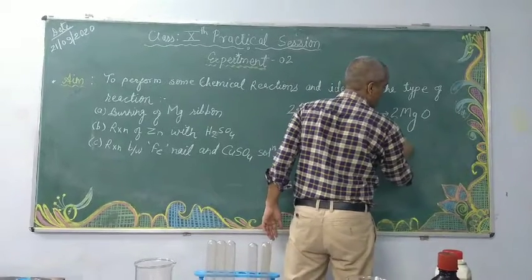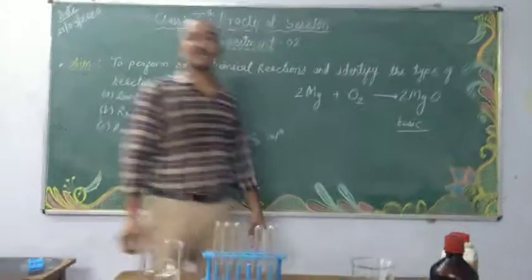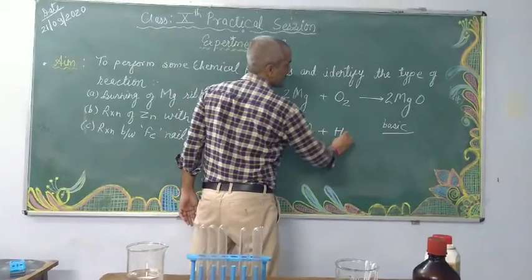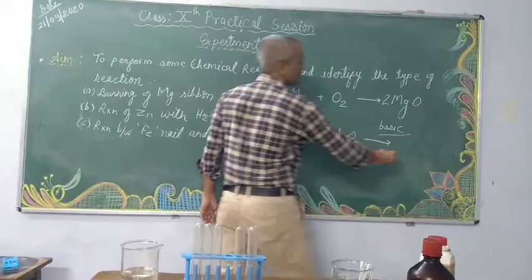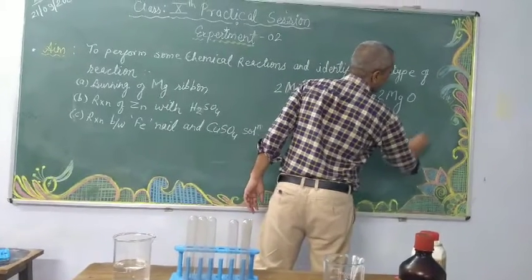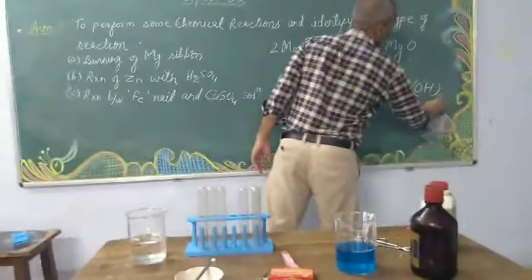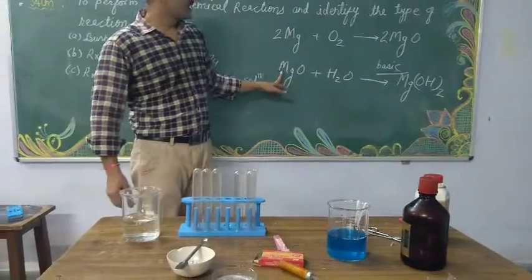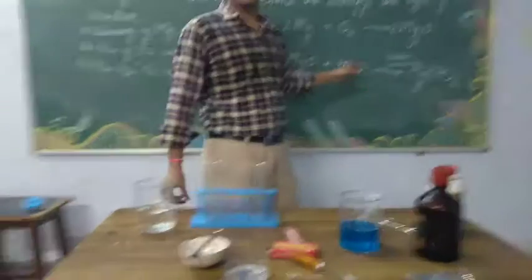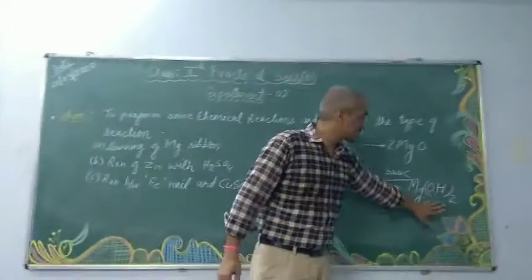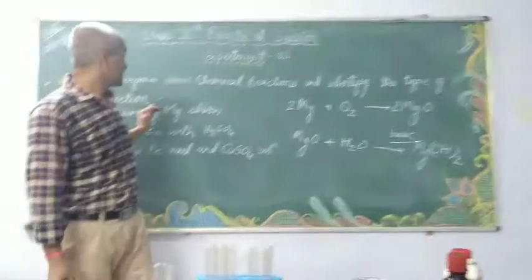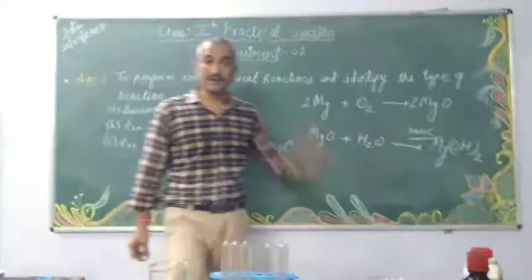This is magnesium oxide, whose nature is basic. When its solution is made, it forms Mg(OH)2. Got it? The reaction is already balanced. MgO, when it reacts with water, forms magnesium hydroxide. Got it? So this is the first reaction which we have seen, and in this reaction, burning of magnesium ribbon,